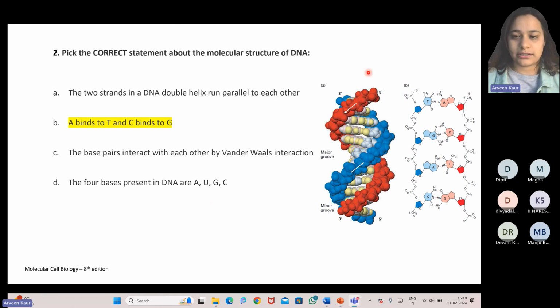So I have also represented this over here that one strand of DNA is running from 3' to 5' direction while the other is in 5' to 3' direction. So they are anti-parallel. Then T is bonding with A and G is bonding with C, which is what we have picked up, right? And this interaction between AT and GC is basically hydrogen bond, and apart from that we have already talked that these are the four bases that are present in DNA: A, T, G, and C, right?